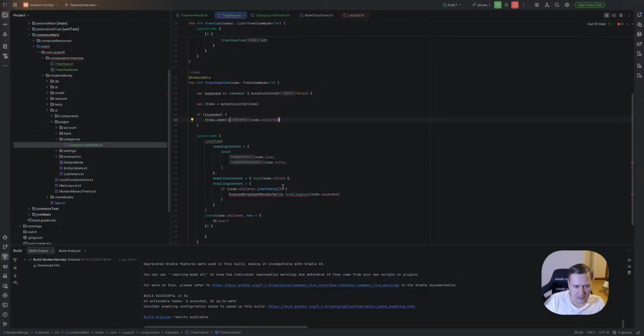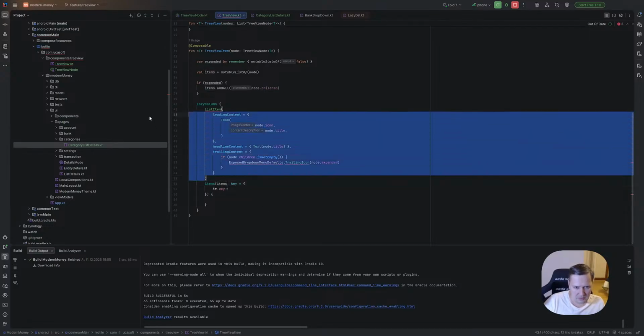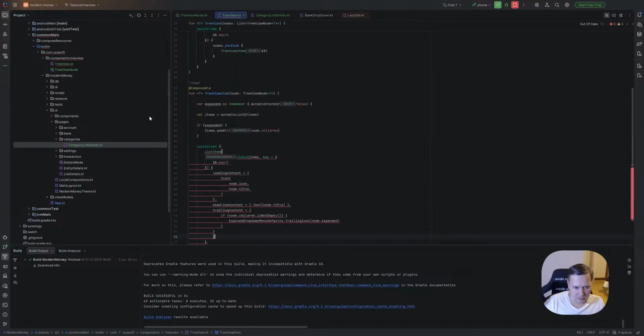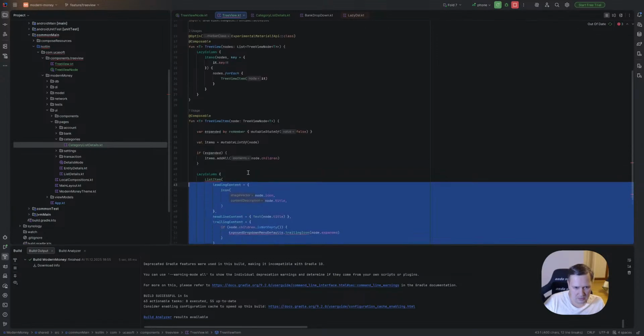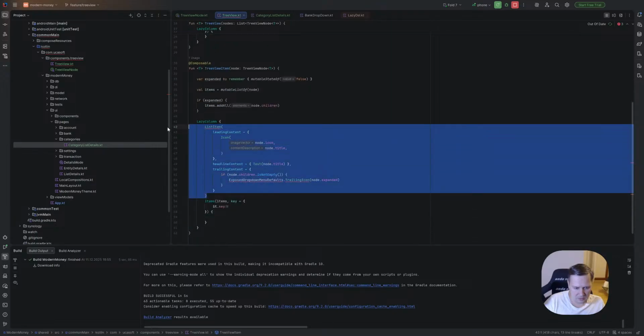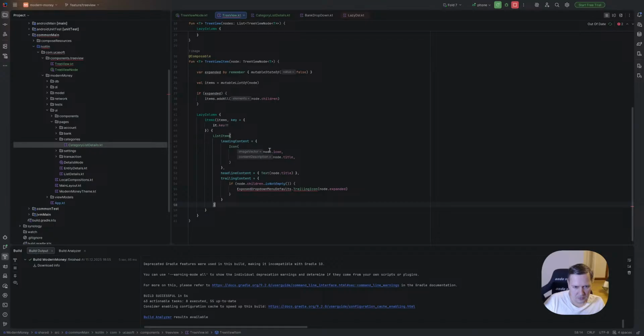Okay, and in this case here we will use not node, but we will use items. And all this stuff we will put here. Oops. Slightly more. Okay, and right now it's still it.